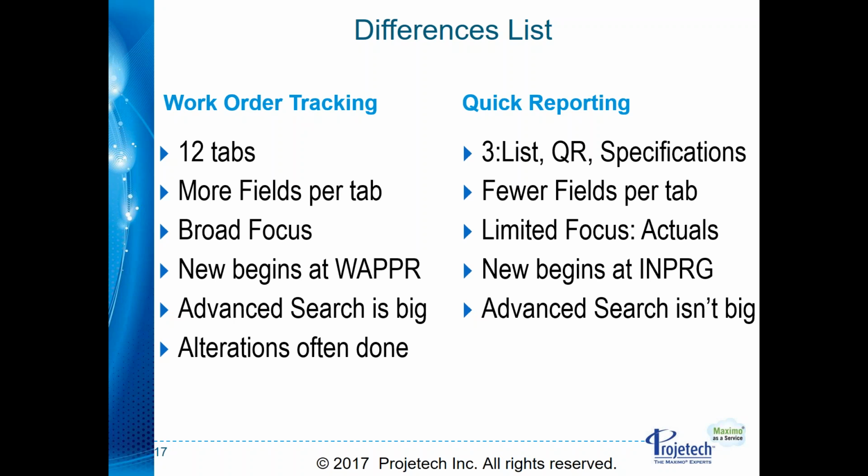Although that's common, occasionally we'll find the history flag actually on the list tab. Probably more in procurement than in work orders, but if it's something that you need to have access to on a regular basis, you can put it there as opposed to, you'll have it on the advanced search because it's already there, but it may be something else you want to put on. Same with dates. Report, target start, schedule finish. There's lots of dates on work order. Some you want to put on the list tab, but you definitely don't want to put them all there. So again, just keep in mind, alterations are often needed, particularly on the quick reporting side,